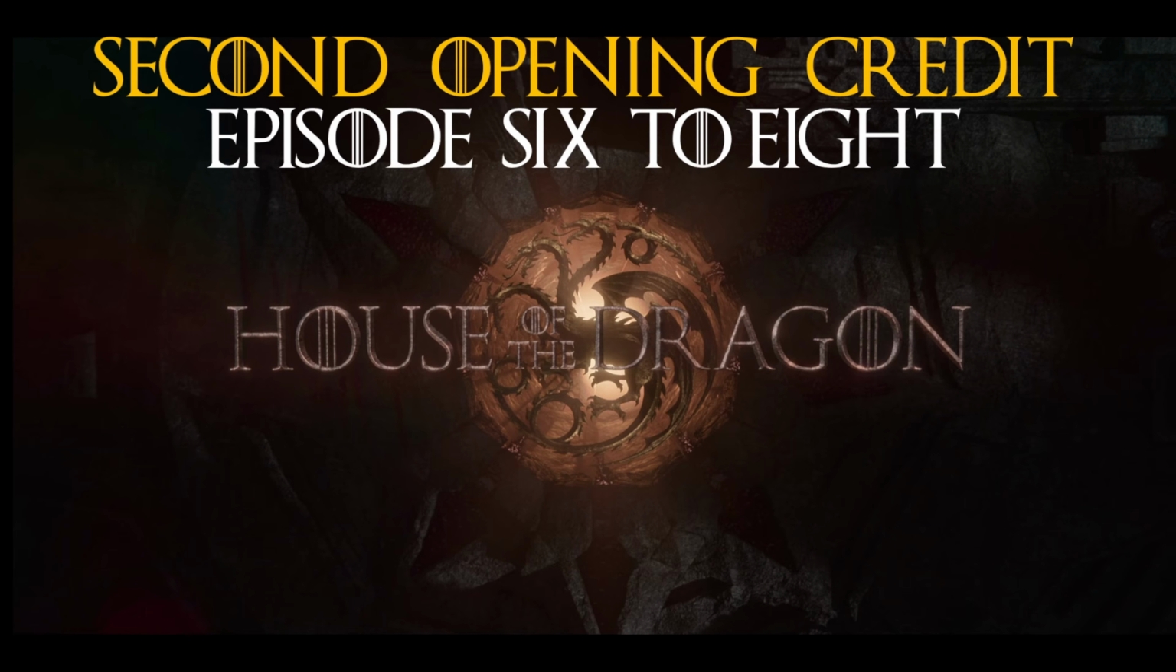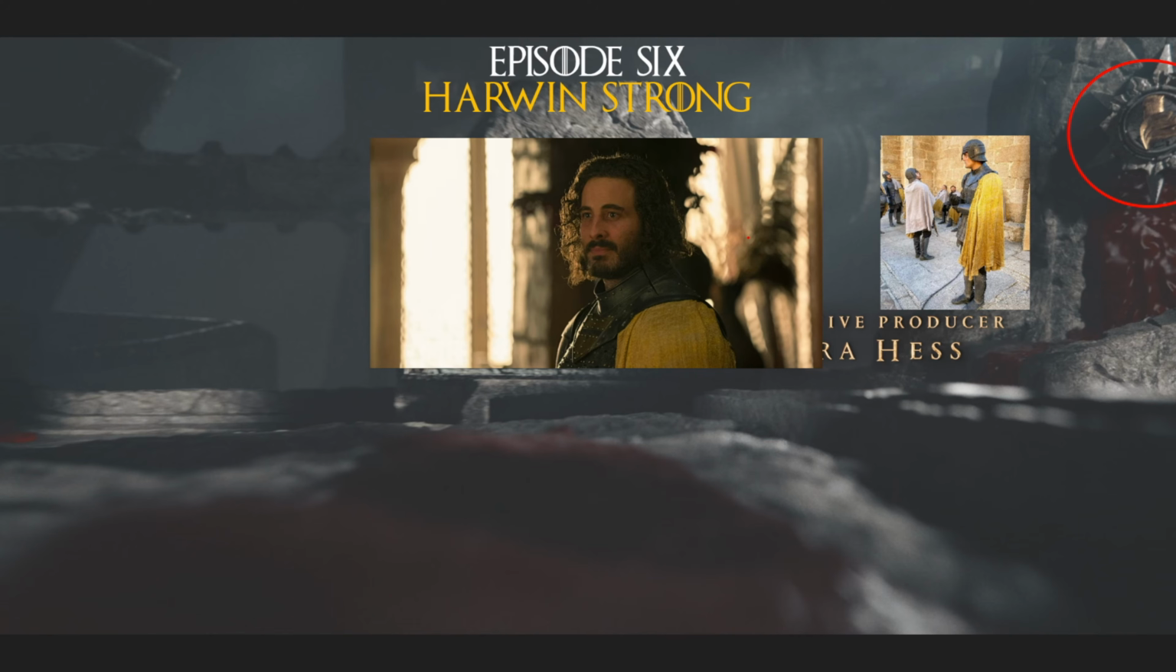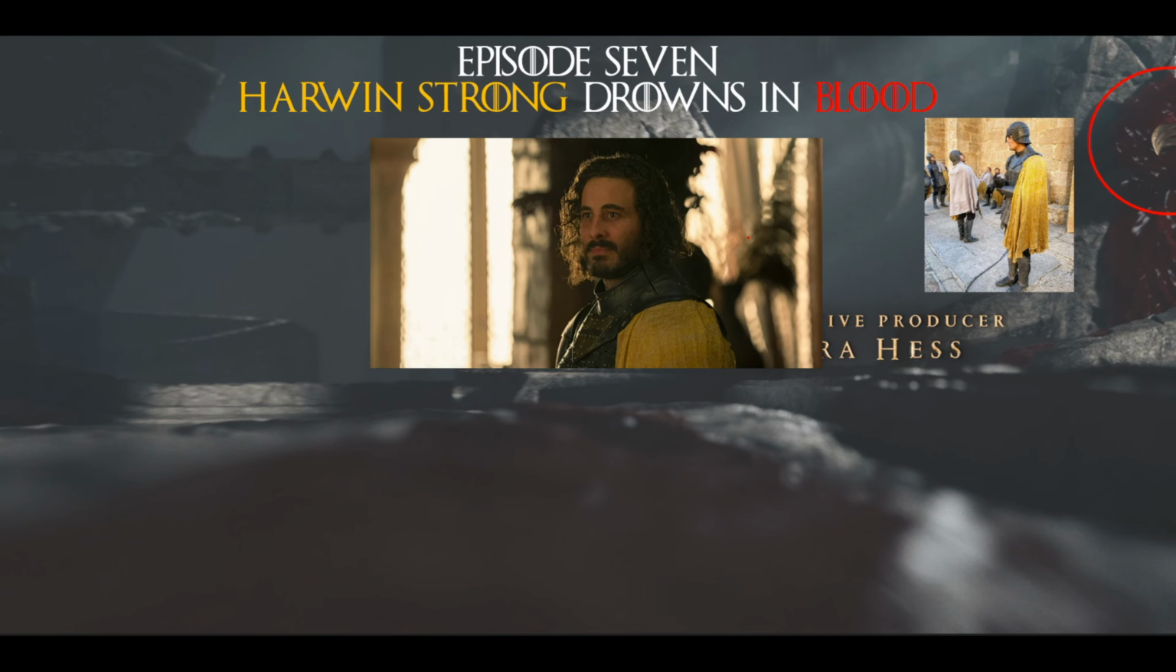time skip. Since that second intro went on throughout episode 7 and 8, we need to update our second intro's family tree. First, we need to include Harwin Strong, whose bloodline we see joined up to Rhaenyra's bloodline. His emblem is a gold cloak, armor, and cape, representing his role as the captain of the City Watch. And in episode 7, we see Harwin Strong's emblem drowned in blood, following his death at the end of episode